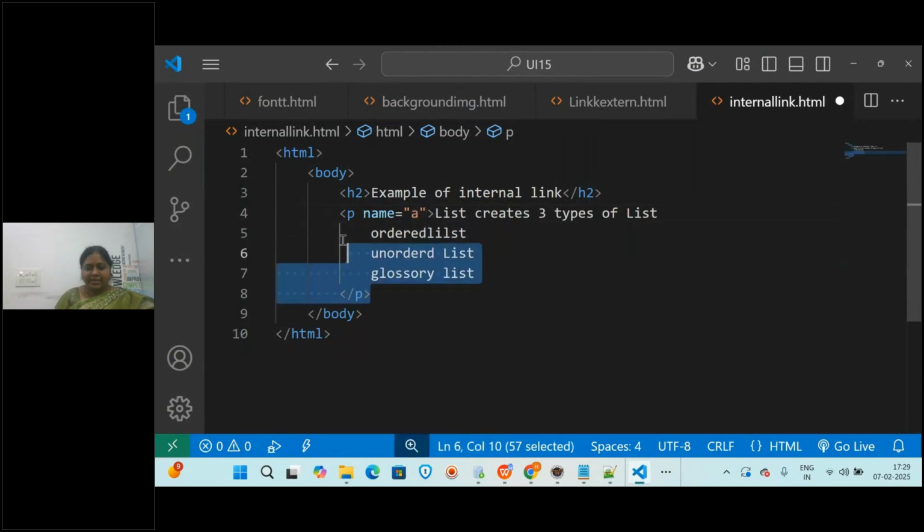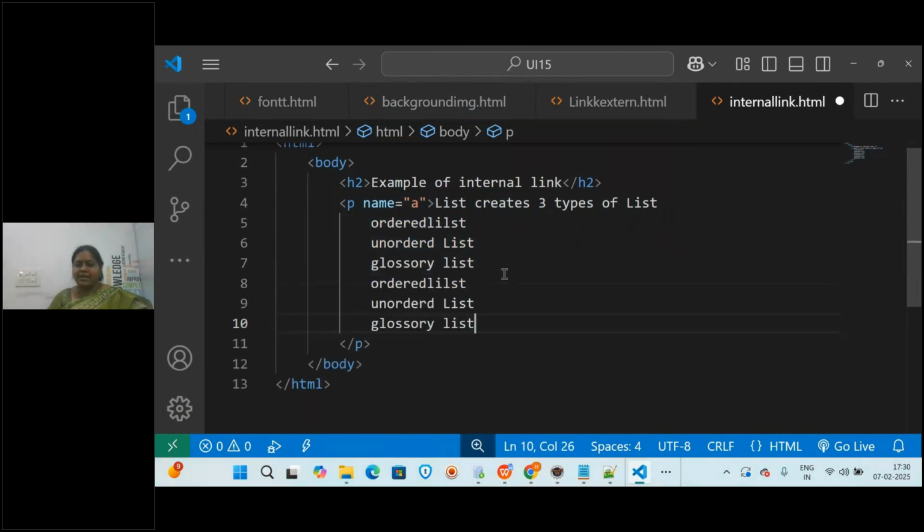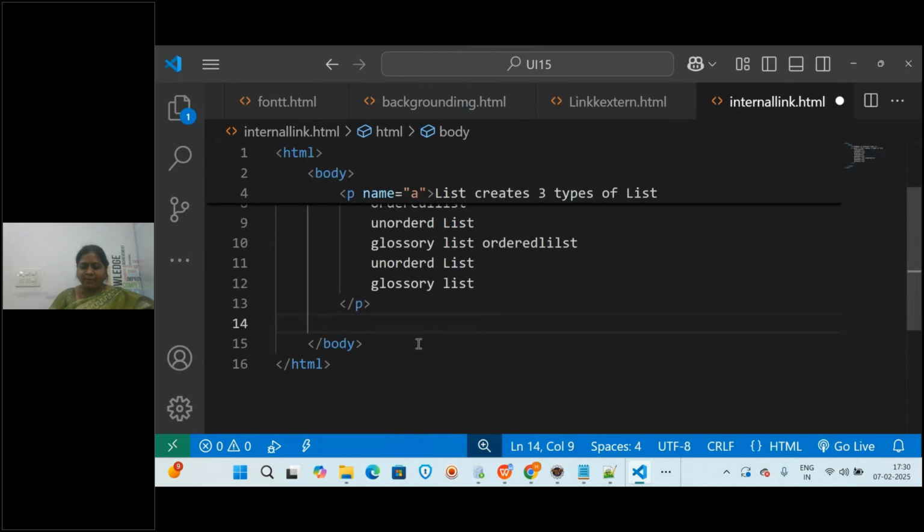Like this I will be creating multiple paragraphs. This ordered list, unordered list, I will be writing multiple times. And next I will be writing one more paragraph. This is about structural tags.